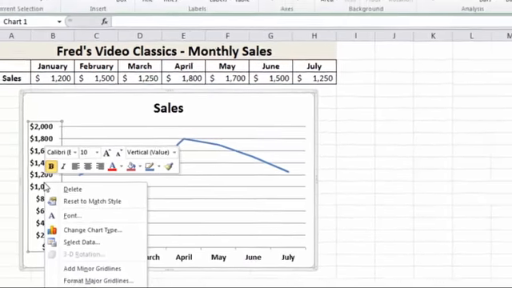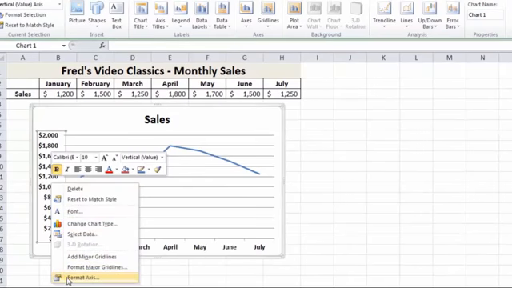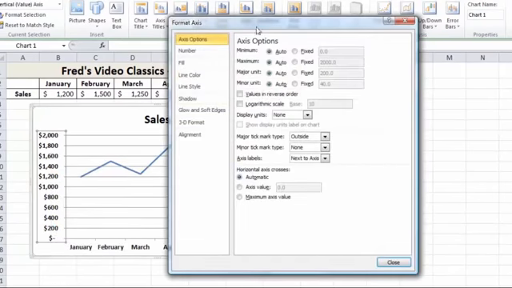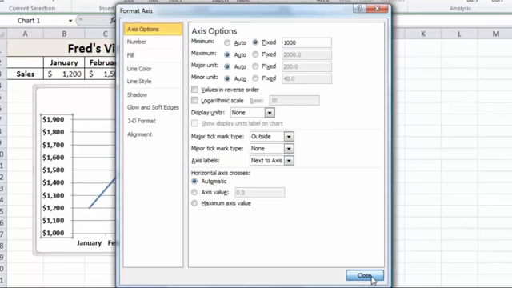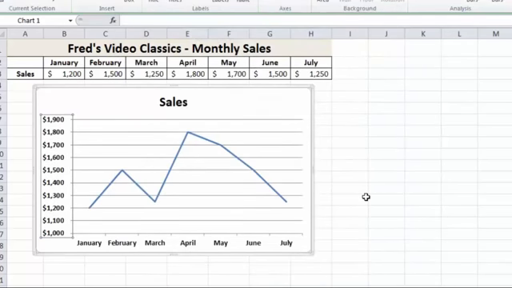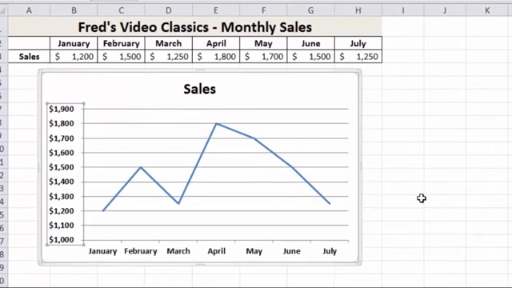right click on the vertical axis, go to Format Axis, and you'll see here we have a number of options. Now, at the moment they're all set to automatic, and I'm going to change the minimum value. So to do that, I simply click on the fixed option, and I can now choose my minimum value, and I'm actually going to set that to 1000. I'll leave the other values as they are for now. Click on close, and you'll immediately see the changes in the chart are much easier to see, and they're quite